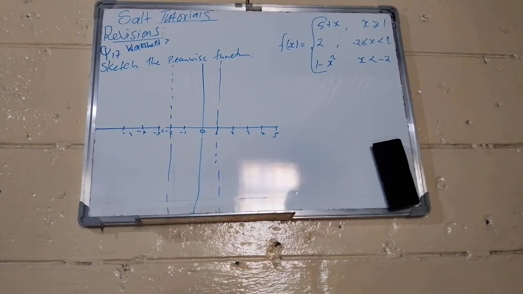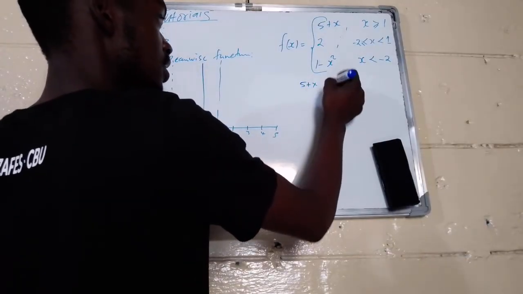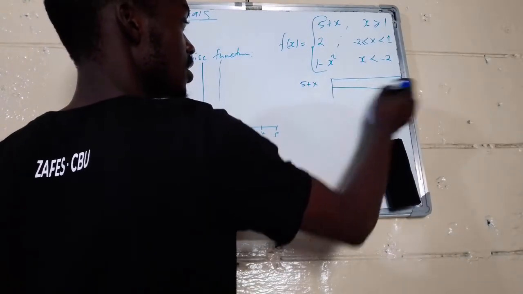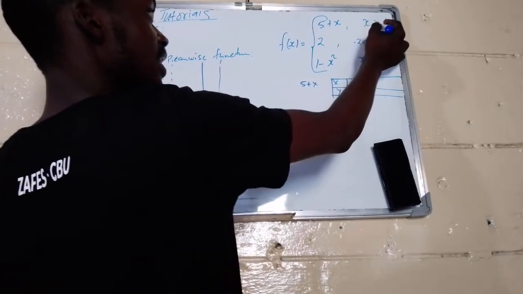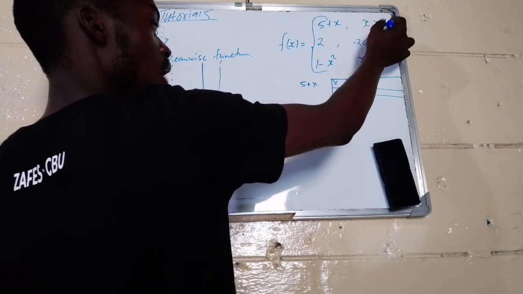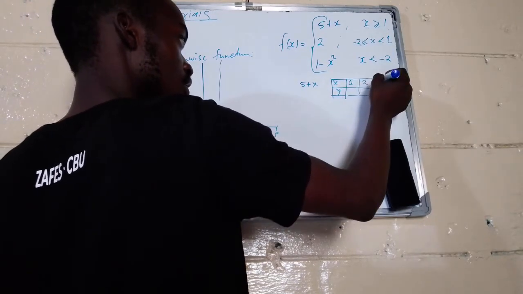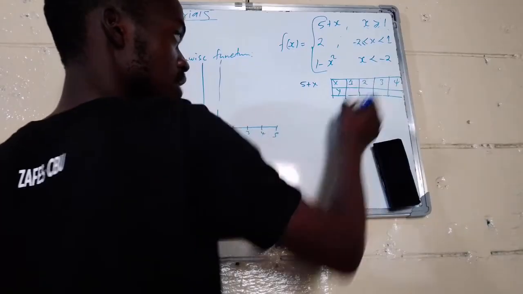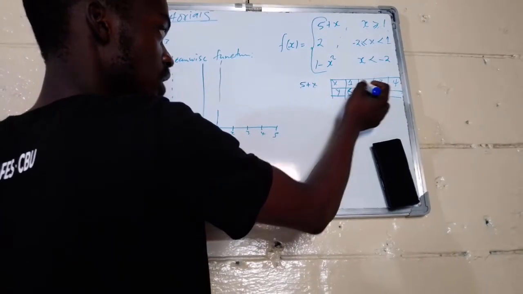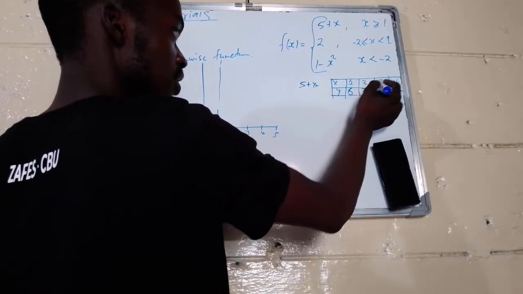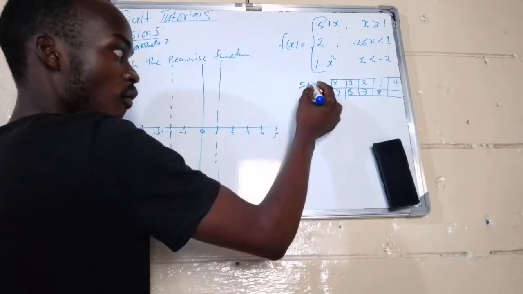Then we start sketching. For 5 plus x, the table of values, x, y, for x greater than or equal to 1: 1, 2, 3, 4, continues just like that. So when x is 1, 5 plus 1 is 6. When x is 2, 5 plus 2 is 7. When x is 3, 5 plus 3 is 8. When x is 4, 5 plus 4 is